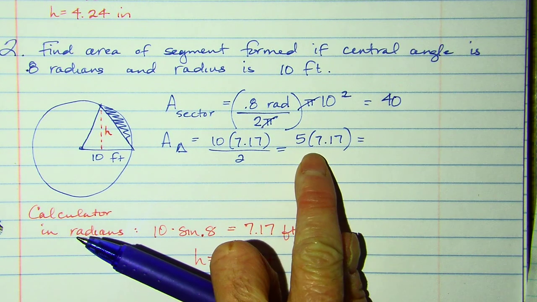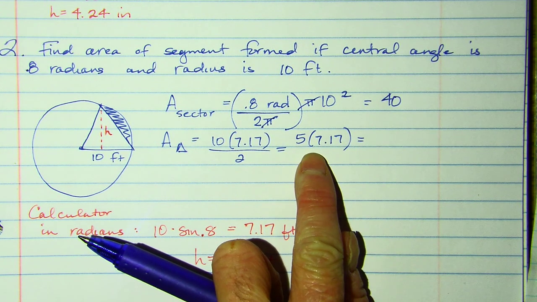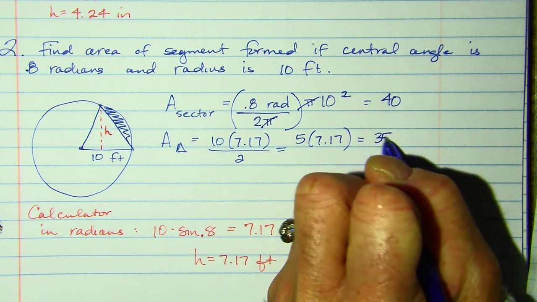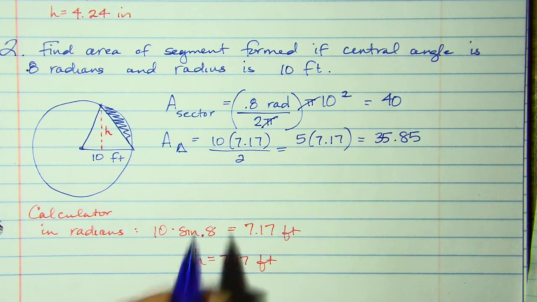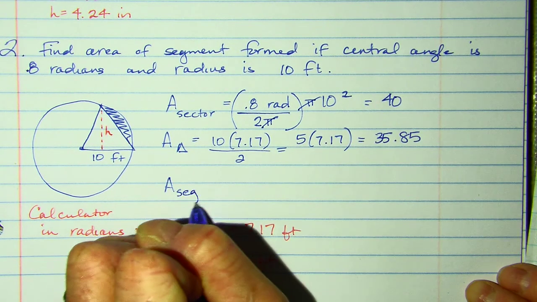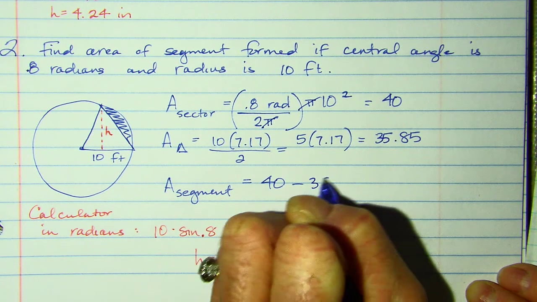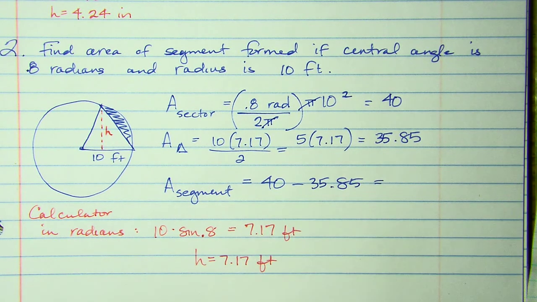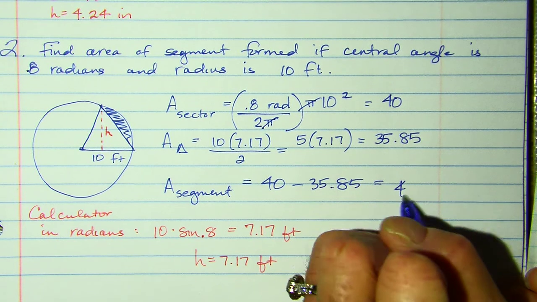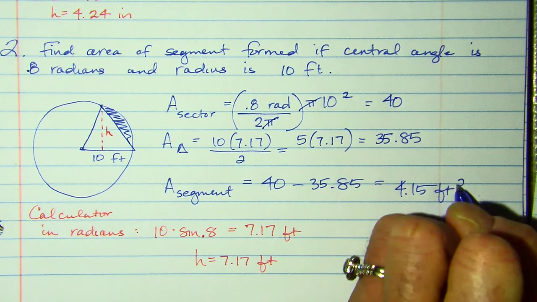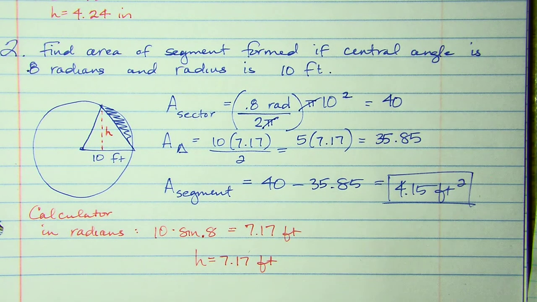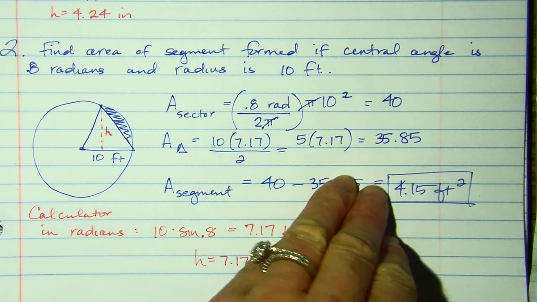The area of a triangle, 5 times 7.17, gave me 35.85. So the area of my segment would be 40 minus the 35.85, and I got 4.15 feet squared. And it's squared, right, because it's area. So that is